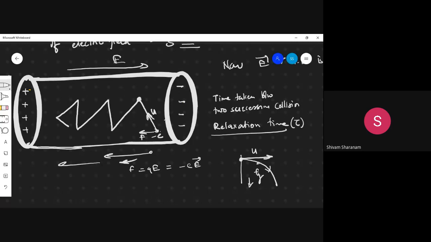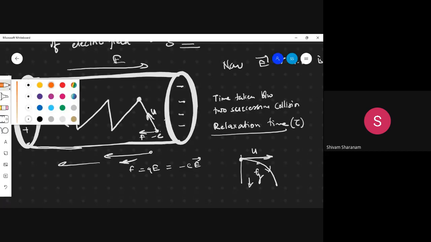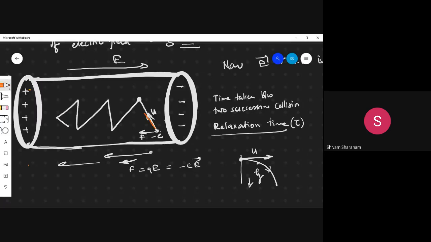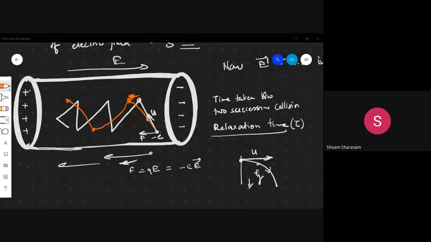Rather, a new trajectory will be set for the electron, and it will move like this. Let's say it will come here, then again it will experience the force, and this will be the new path. Then again it will experience the force, and the new path will be here like this. Toh kya hua, yahan se yahan tak shift hua, there is a drift, yes or no? Yes, sir. Okay, it has been drifted, isko hum drift bolte hain.